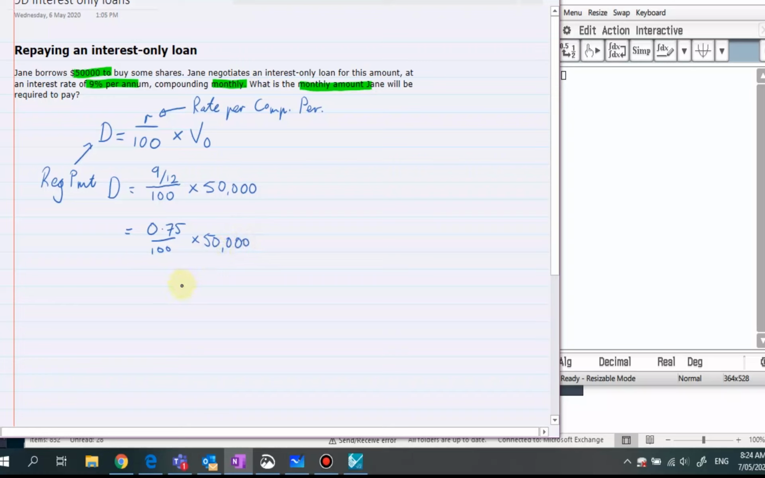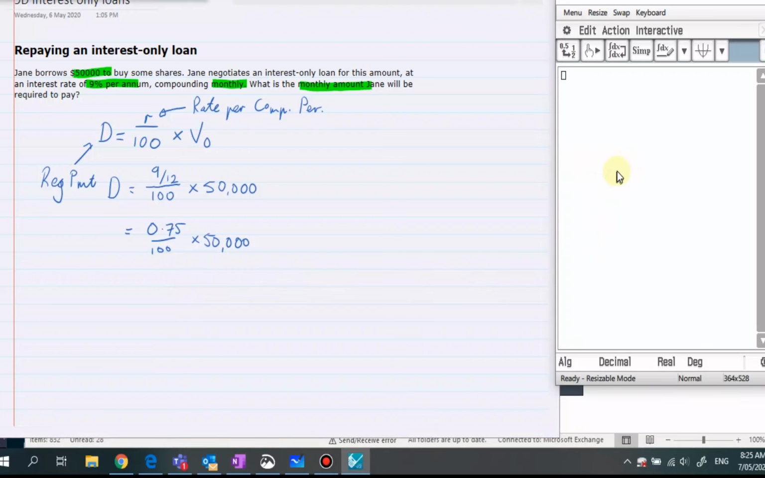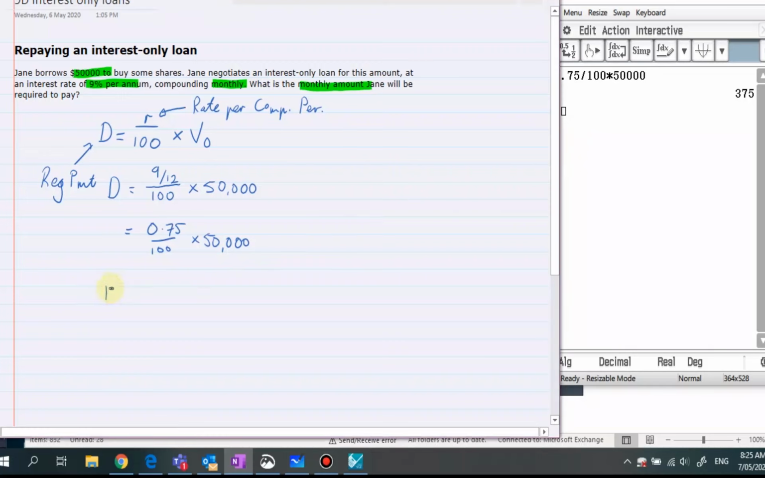So if we take that and do 0.75 divided by 100 times 50,000, we get a D value of $375. Okay, the important thing is all we need to know is what the repayments are, and they can be